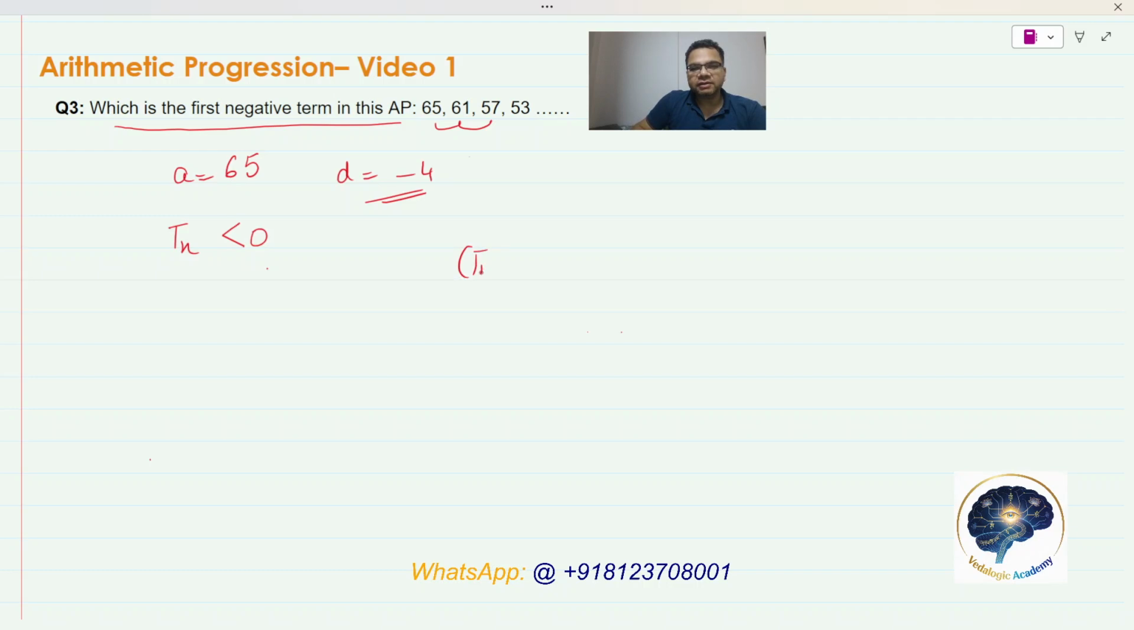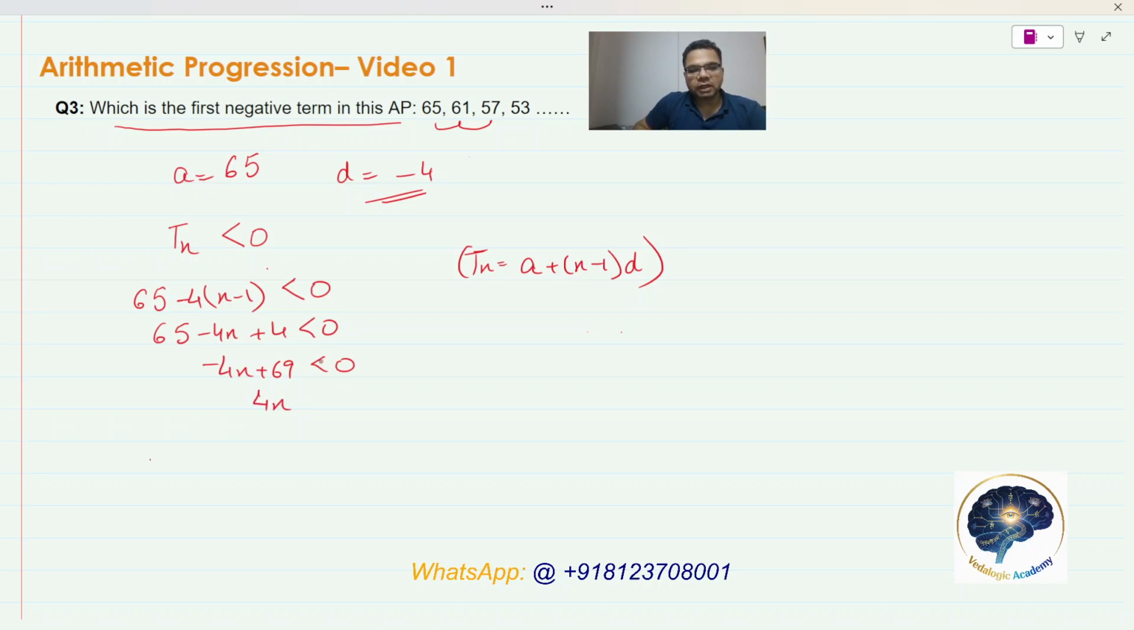So we know term n as a plus n minus 1 into d. So I'll apply the same thing here. 65 minus 4, because d is minus 4, into n minus 1, and it should be less than 0. So I'll just solve this now. 65 minus 4n plus 4 is less than 0. So it becomes minus 4n plus 69 is less than 0. And what I'll do, I'll take this 4n to the right hand side. So it becomes 4n,